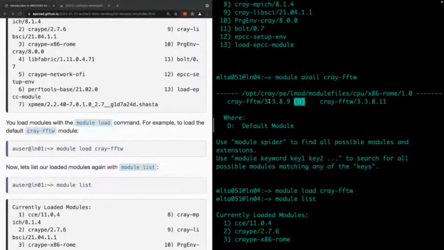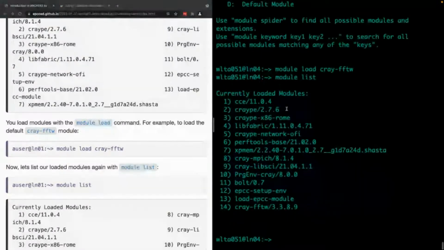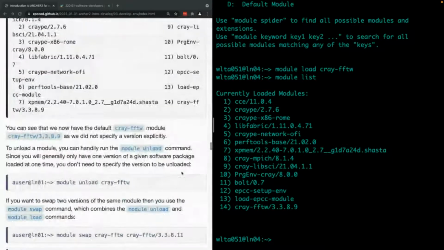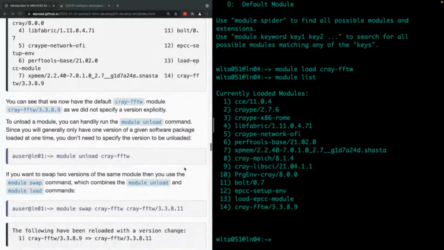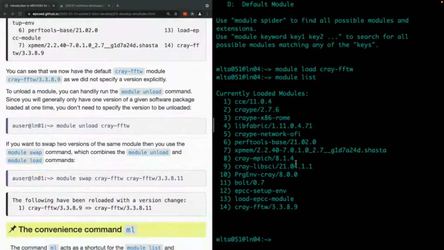Remember, this one's indicated with the D. So 3.3.8.9 was the default, not the other 3.3.8.11. So when we did module load cray-fftw, we got cray-fftw 3.3.8.9. If we did want the other version, well, let's first of all get rid of that. I can actually show you. No, let's just unload it. So we'll do module unload